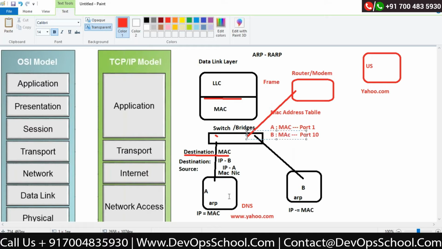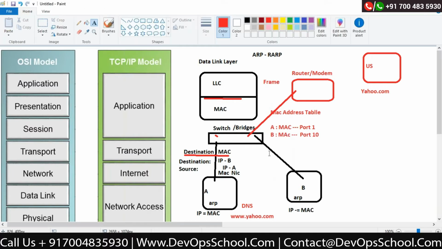Now in my second case, where I'm trying to access the network outside my boundary, what will the LLC layer do? It will by default put the MAC address of the next device where I can logically transfer my request. I type yahoo.com, and I couldn't find the MAC address of yahoo.com in my ARP table.